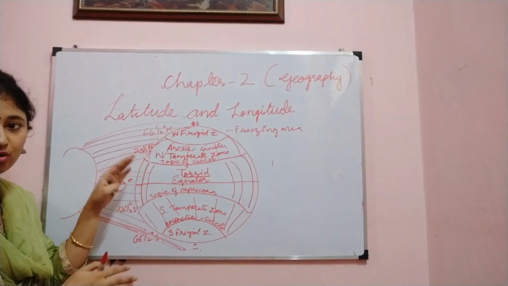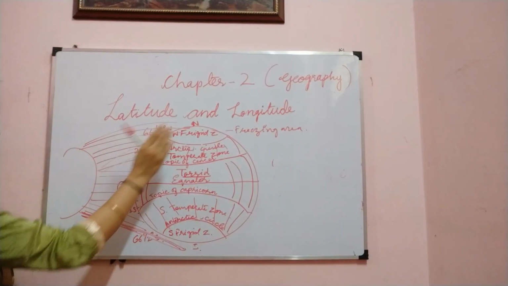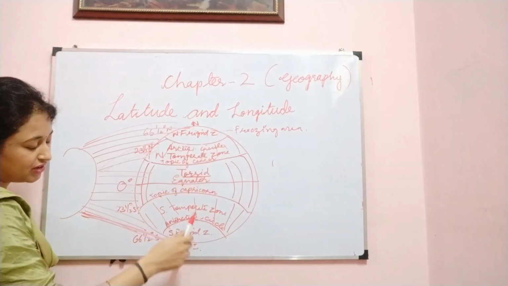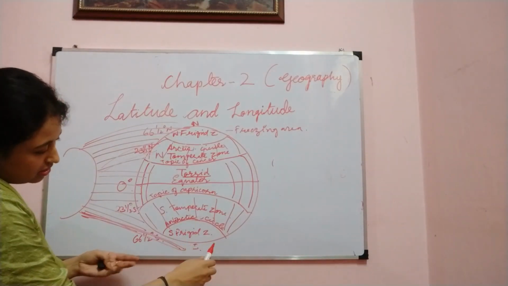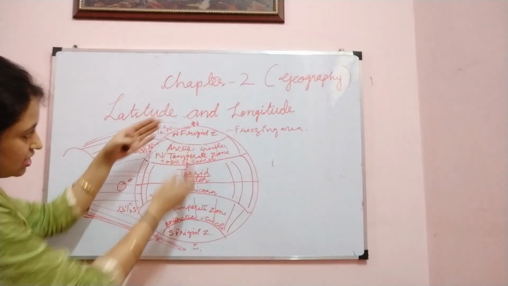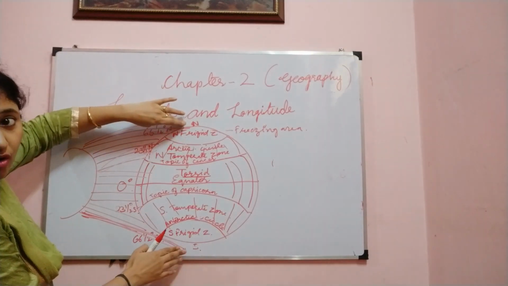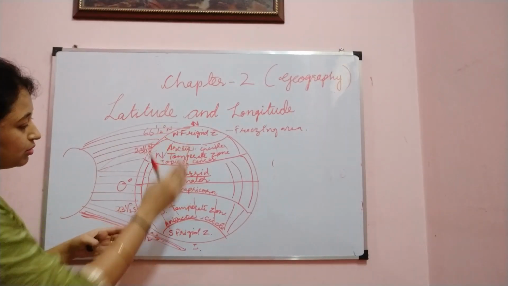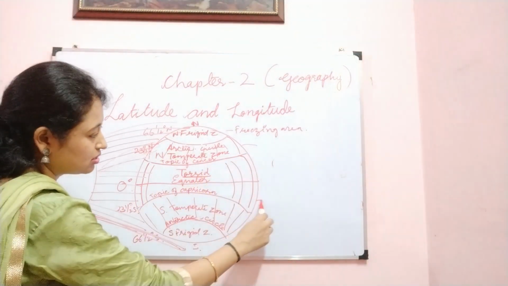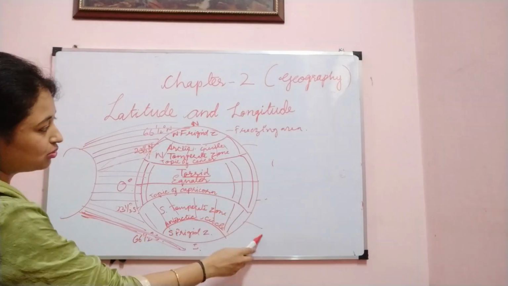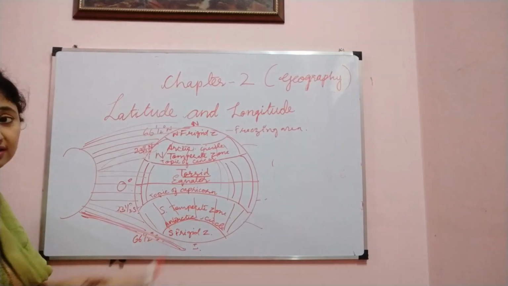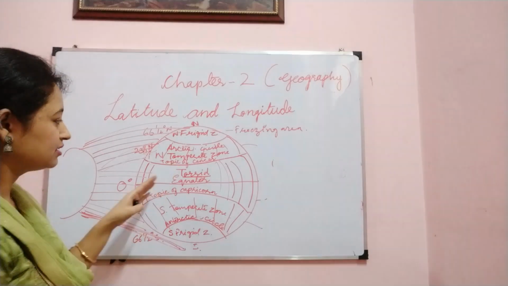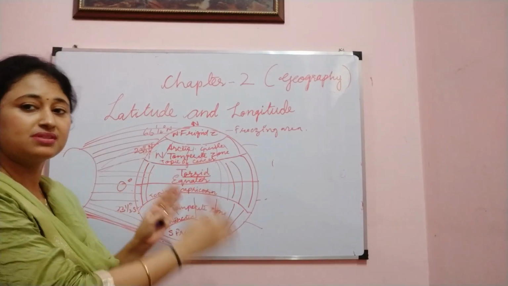So the temperature is moderate, but towards 66 and a half degrees, this is the Antarctic Circle, this is the north frigid zone, and towards the south, it is the southern frigid zone. So these are the freezing areas of our Earth. These are the areas where life is not possible. So the best temperature we get is in the temperate zone, and this place, where exactly Africa, Brazil, these kinds of countries are located, receives the maximum sunlight.